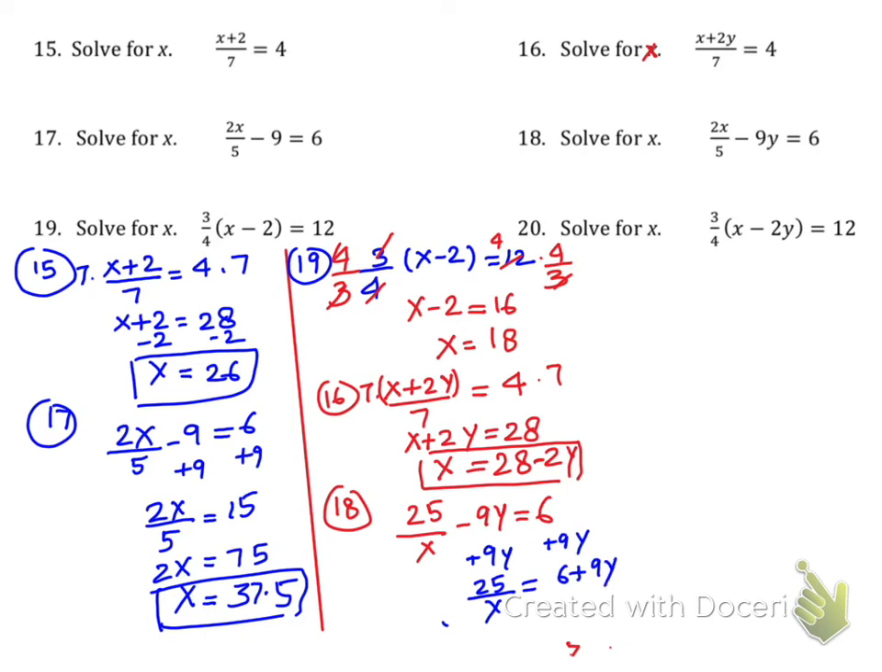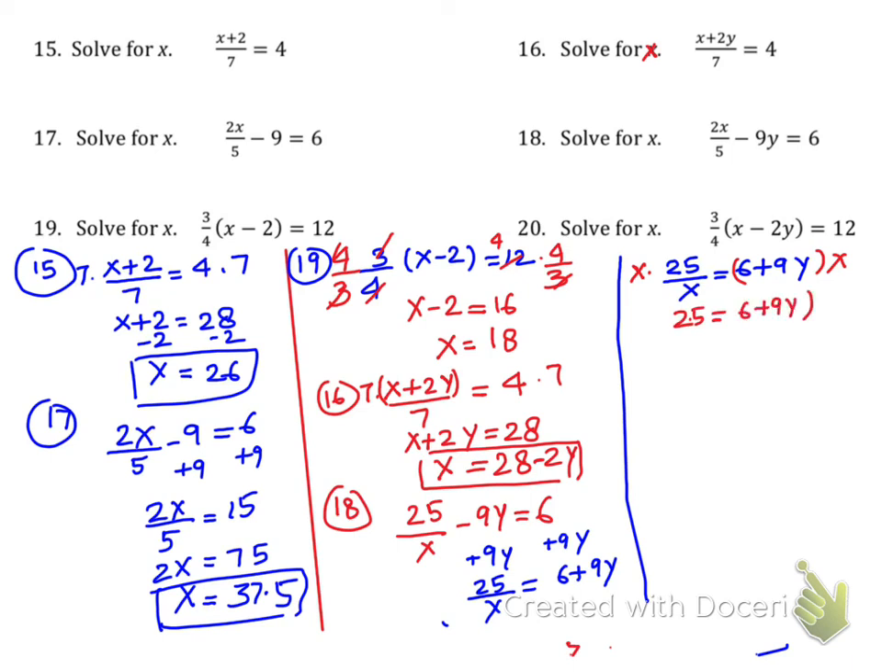What I can do, I can multiply both sides by x here. So I'm just continuing here. Our equation was 25 over x is 6 plus 9y. I need to solve it for x, so I'm just going to multiply both sides by x. So here I put parentheses. I get 25 equal to 6 plus 9y times x. Alright. So what I need to do, but I have to solve it for x, so I'm going to divide both sides by